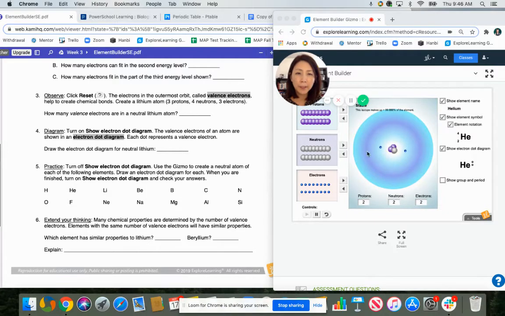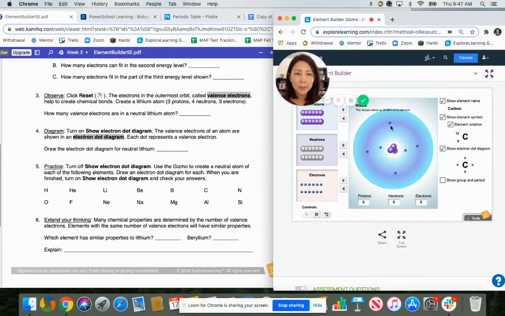some of you have been putting the total number of electrons around each element, but valence electrons are just how many are on that outer ring. So if we change this to carbon, which has 6 protons, I'm going to go ahead and add 6 neutrons and 6 electrons. When in doubt, just give them all the same number. That's usually their stable isotope. But you'll notice that